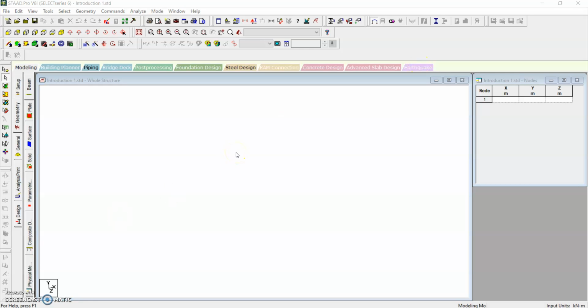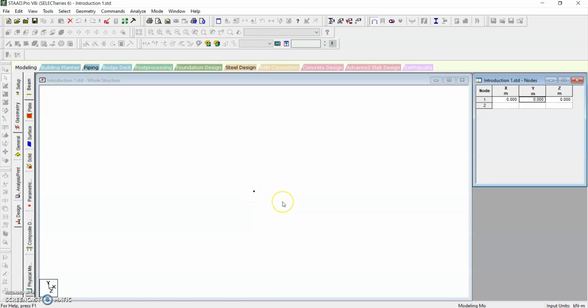Now with this we will see how to create a node. We have one icon here, a small page over here. It says node 1, and it is giving you x-axis, y-axis, and z. These are the coordinates of that particular node. Now I will create a node at origin 0, 0, and 0. Can you see the node over here? This is a node which is created at the origin, at 0, 0, 0.